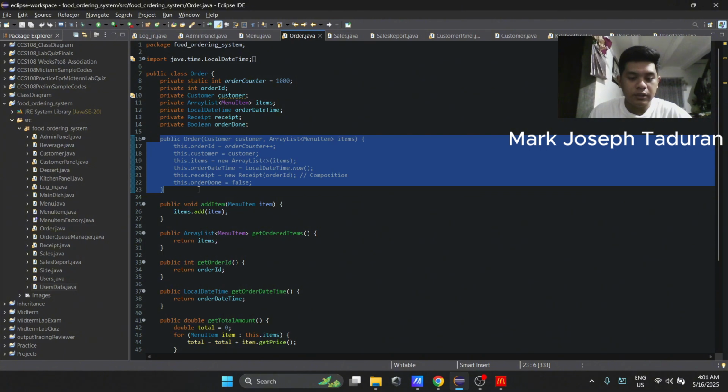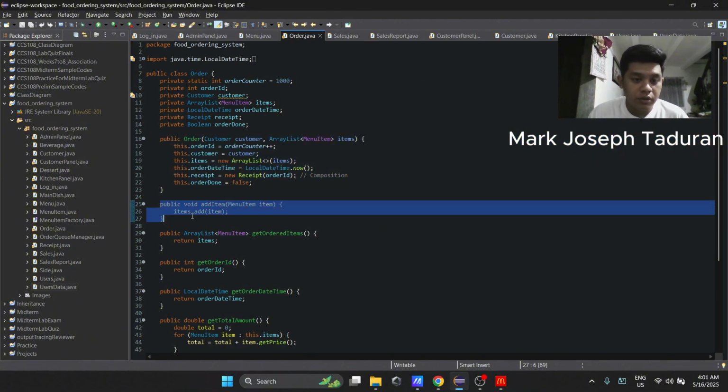So next, the item-level code. This one is extra safety in case you need to add another dish after the order is born.